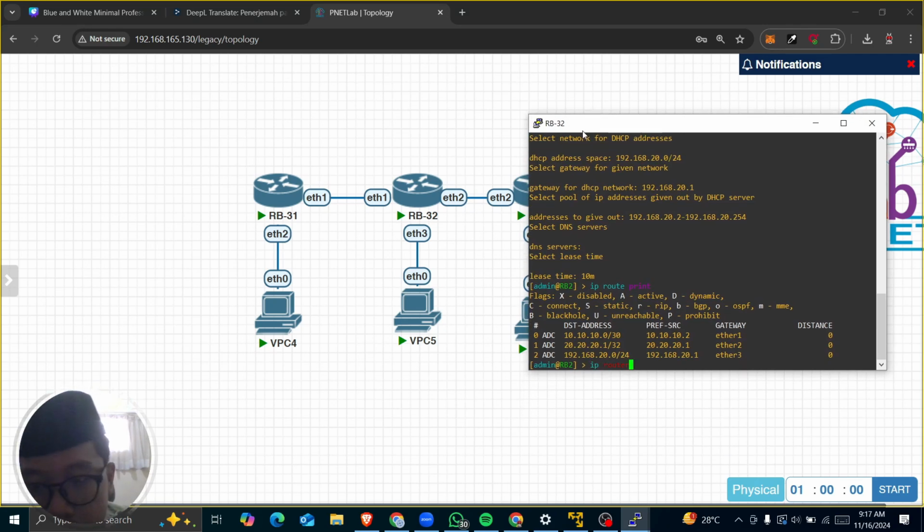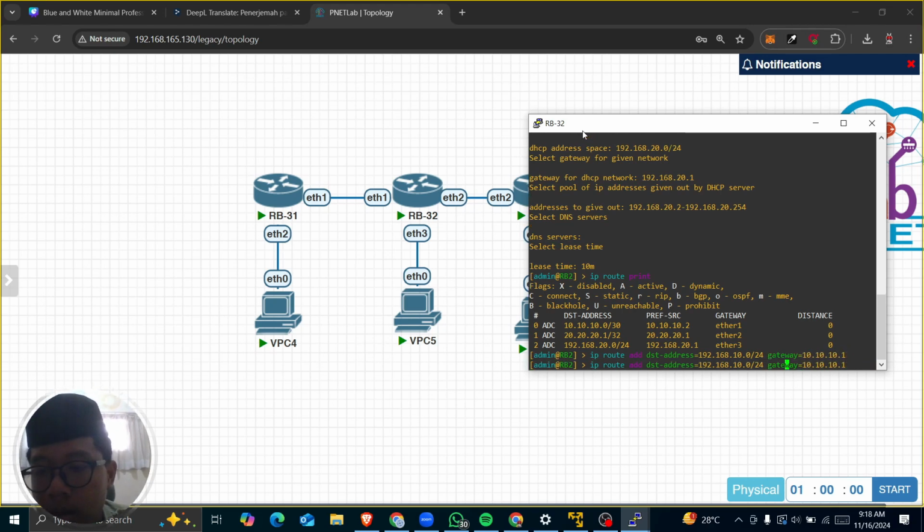IP route add dst-address equal to the 10.0 network /24, and the gateway is 10.10.10.1. Next, the 30 network, but different gateway.